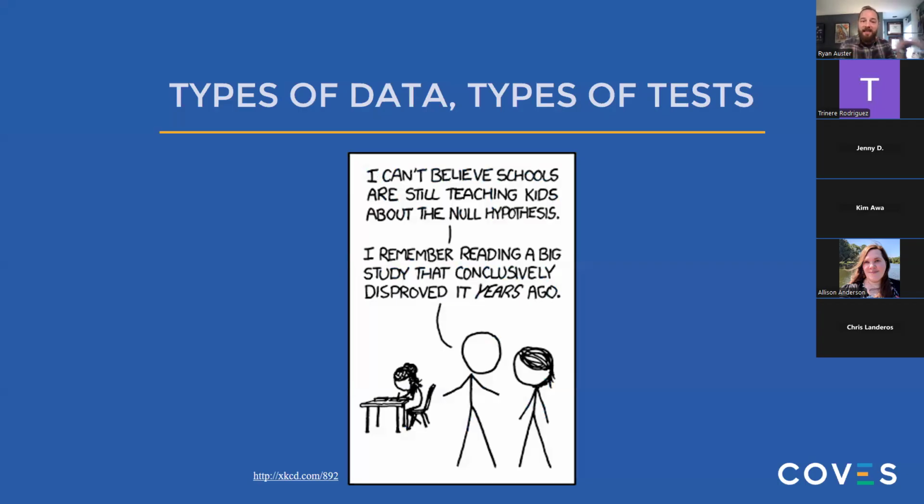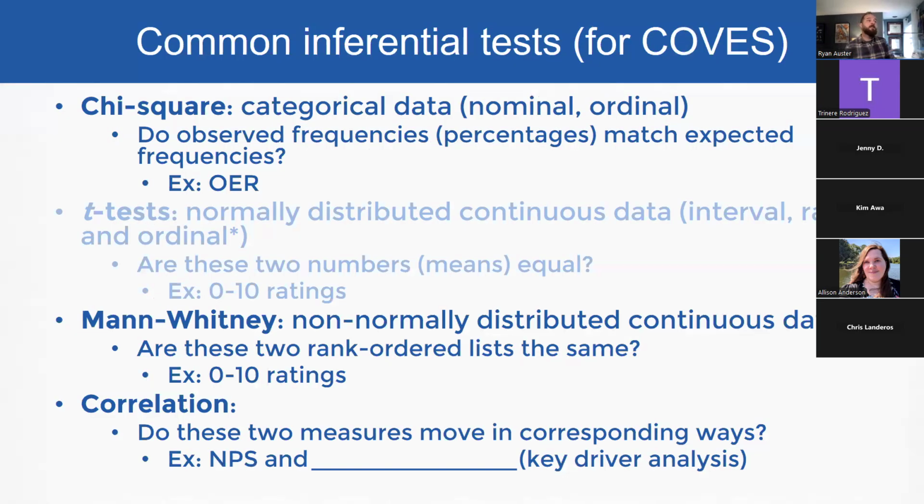Now we're going to get into types of data and types of tests. So as we talked about, nominal, ordinal, interval, ratio, there are many different types of tests depending on if the things are categorical, like the nominal and ordinal section, or continuous, the interval and ratio section of those measures. The common inferential tests that I'm going to speak about today are the chi-square test. There's a goodness of fit test and a test of association. We're going to talk about test of association, which is difference between two groups with respect to a categorical variable.